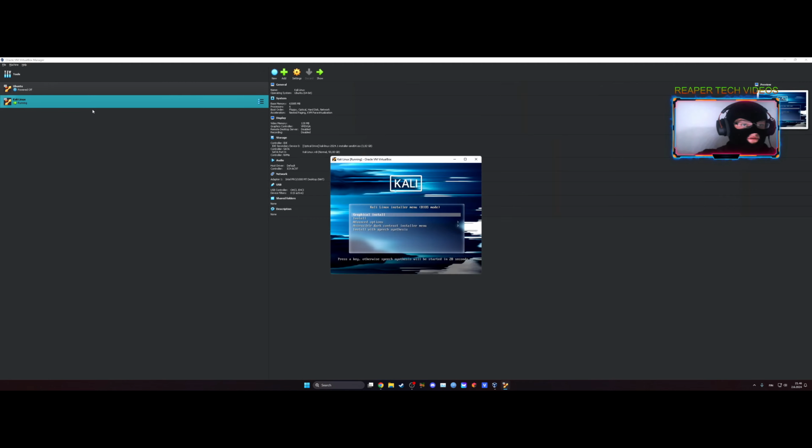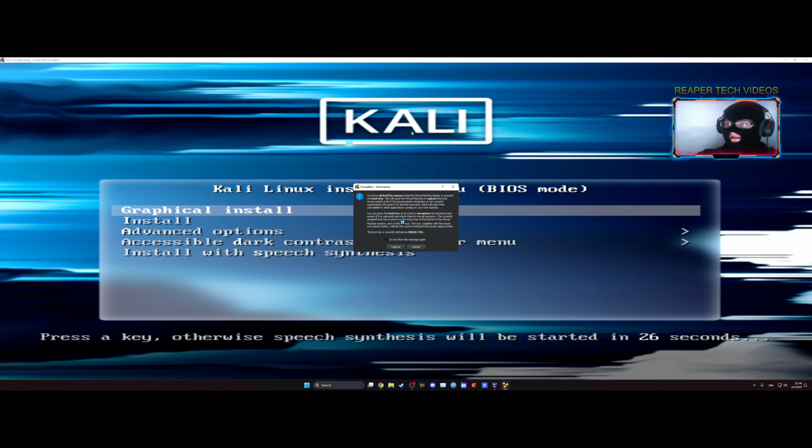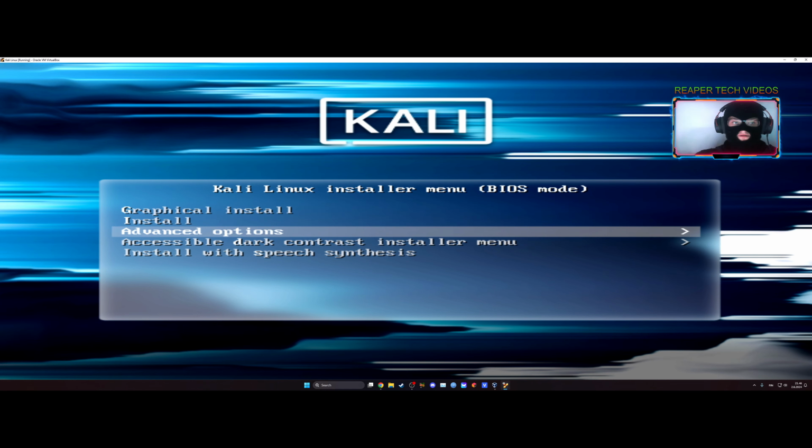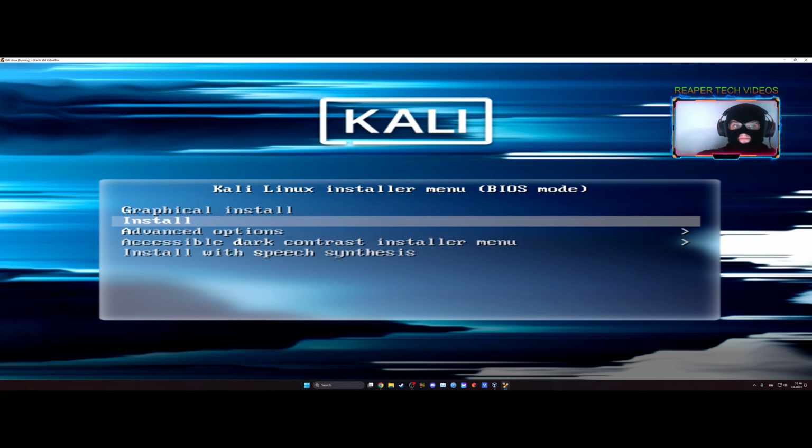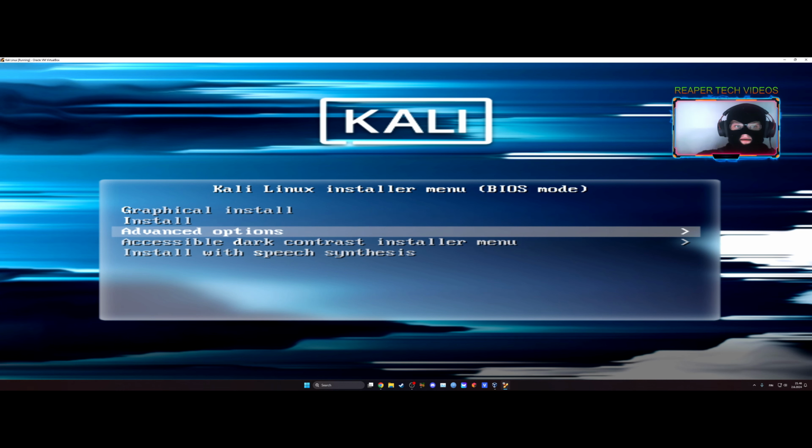And let's go to the scaled mode, so you're gonna see at least something on my screen. And now there are a few ways to install this one. Graphical install, which is the most user friendly one. Then we have just basic install, which is gonna install faster because there are not that many graphical things on your screen. Then we have